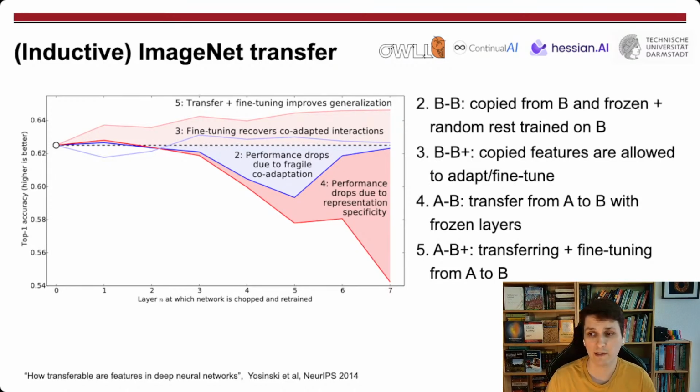But if you keep freezing all of the layers on task A and try to use them for task B, your performance will drop because the representations just become increasingly more specific to task A, like we have hypothesized. And conversely, and this is the part where the promise comes from, if you first pre-train on A and then take this as an initial step as good knowledge for task B and continue tuning on it, you actually